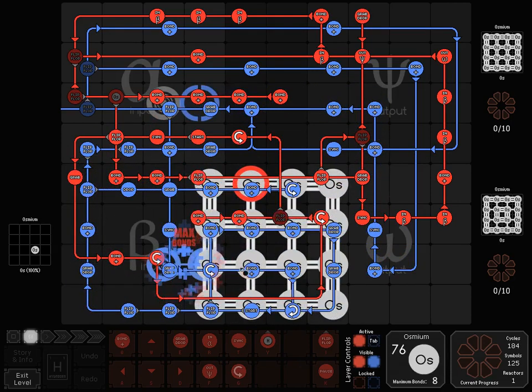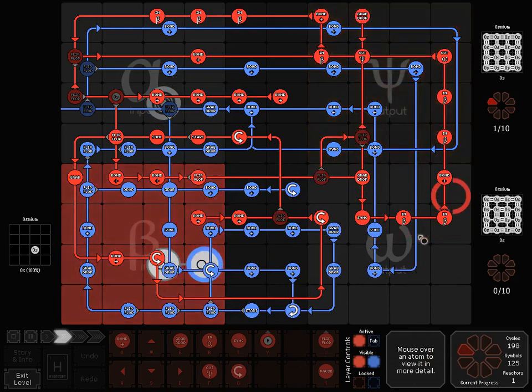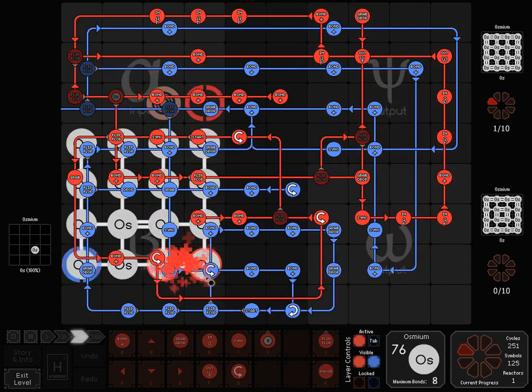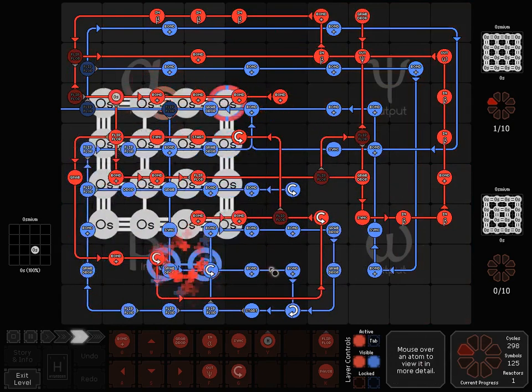Had to do a little bounce there just in case. And there is our first output. And for our second one, same as before, build our comb, finish the outer ring,